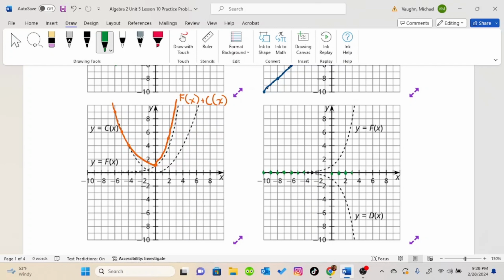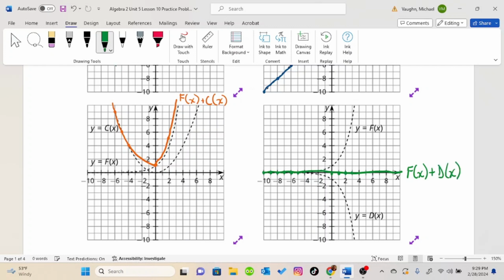So when we have these opposite y value functions and add them together, it's going to be 0. So our new line is just going to be the x-axis. And this would be f of x